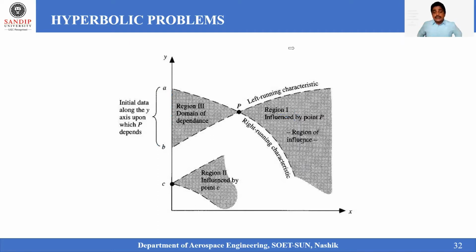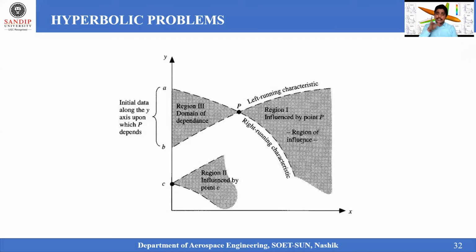So for hyperbolic equations, when you are adopting them, we have two real and distinct points available. That is the reason we have considered the hyperbolic problem here, where the domain of dependence and the region of influence are based upon a point P, and the domain of dependence is dependent upon the points A and B. Again, the points A and B depend upon the P value based upon your approach.